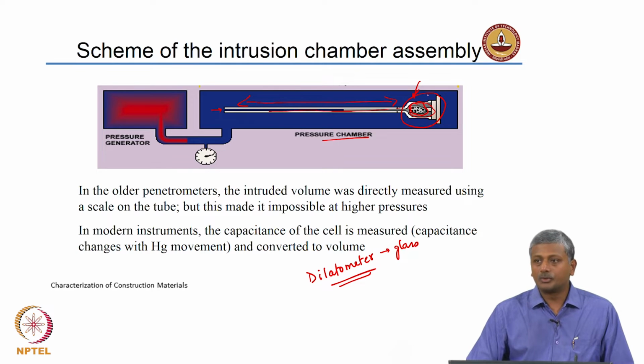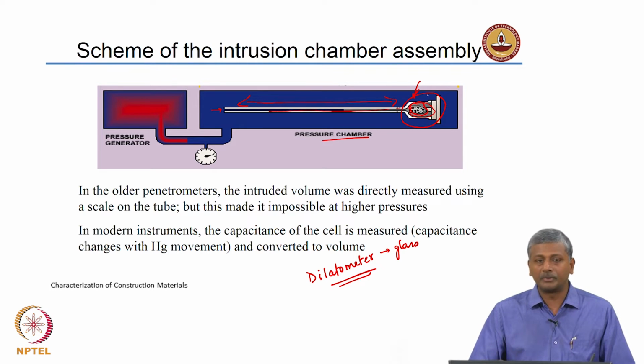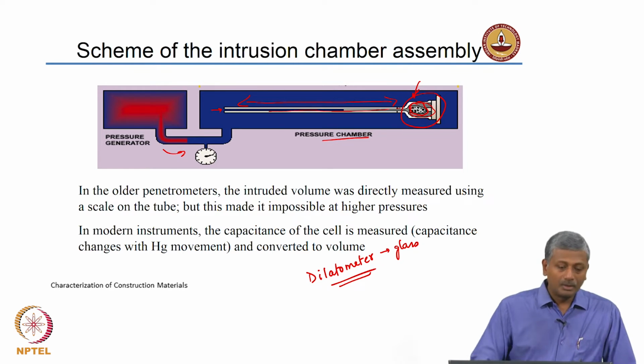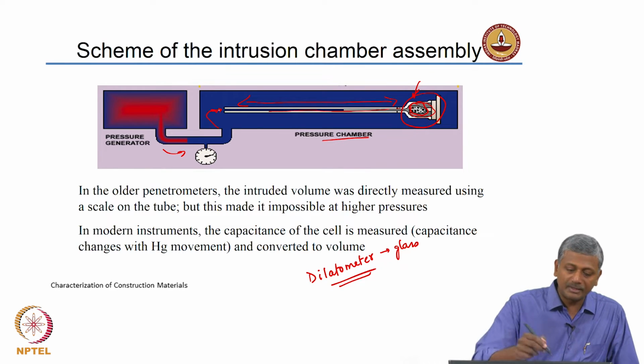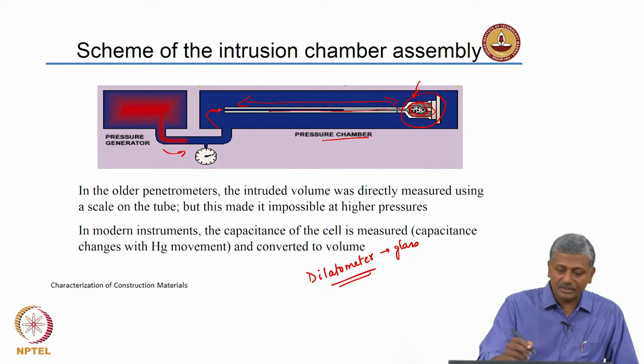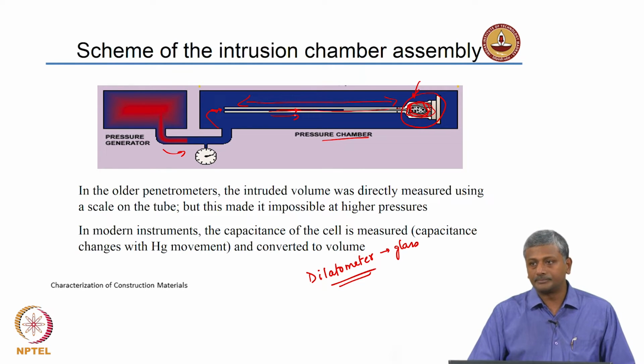Okay. So, under evacuation, under vacuum, you fill up or flood the entire tube and the chamber with mercury, and then you are going to be generating the pressures which will push the excess mercury that is outside into this chamber. Okay. So, as the mercury gets pushed, what is going to happen? More and more mercury starts entering the sample here. So, there will be a decrease in level of the mercury in the capillary tube.